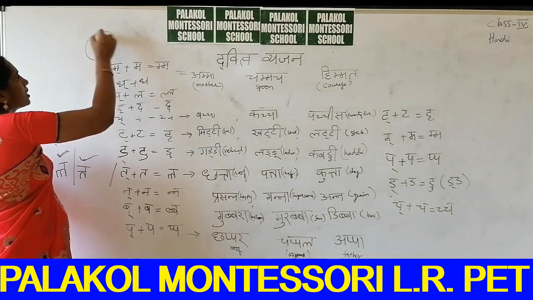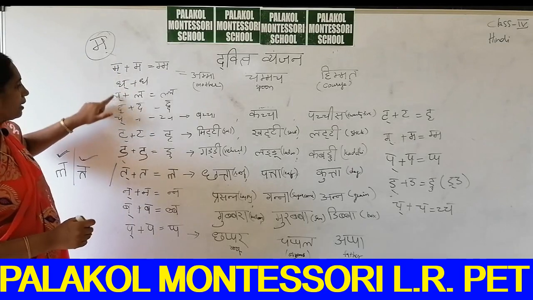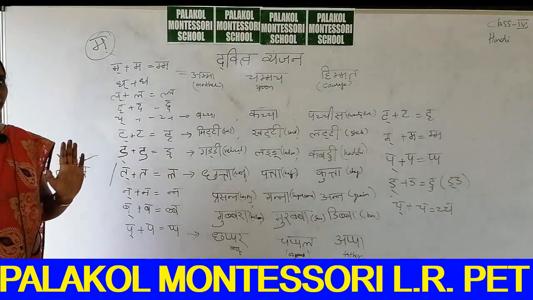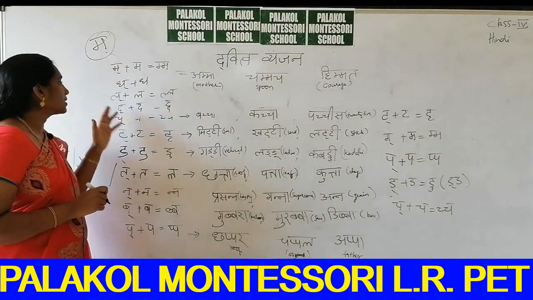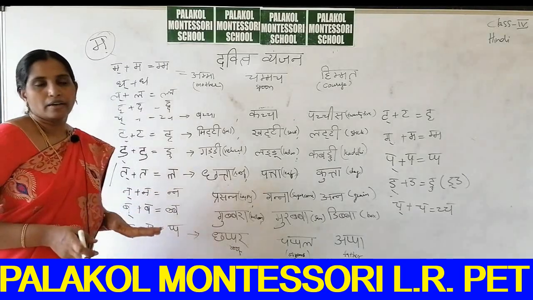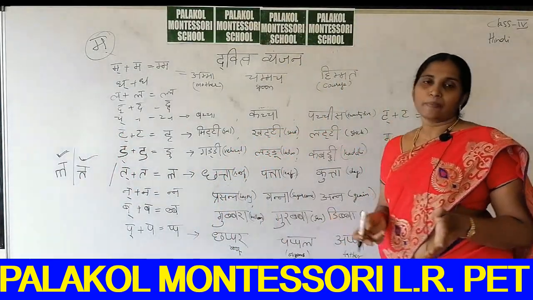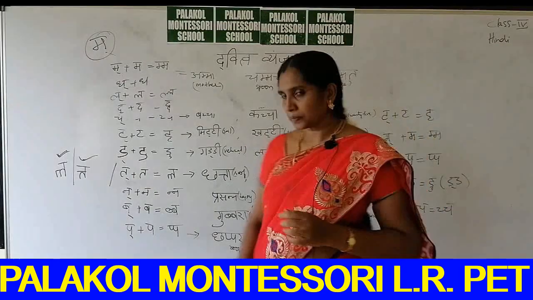So this is a half. Whenever a halant is on any Vyanjan, you indicate it is a half letter. So ullas: la plus la, ullas. Next, da plus dha, ra plus ra, na plus na. You have to write these.